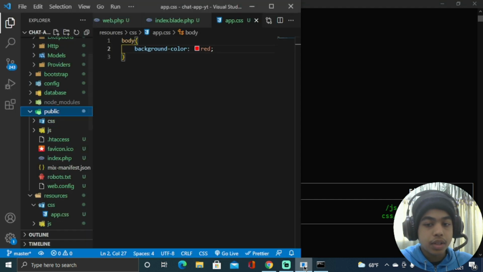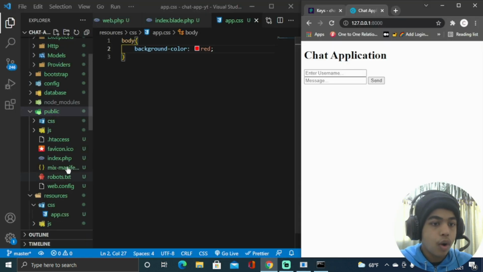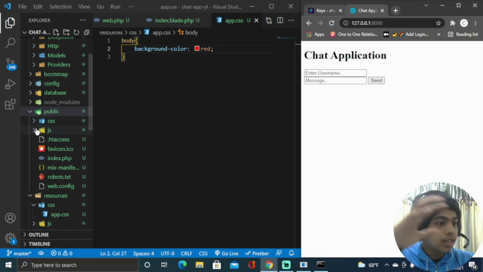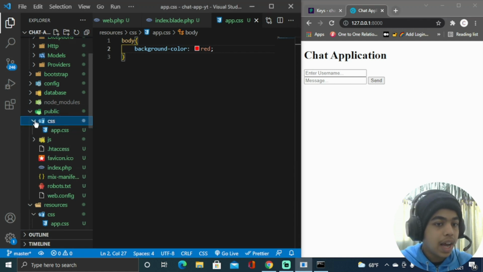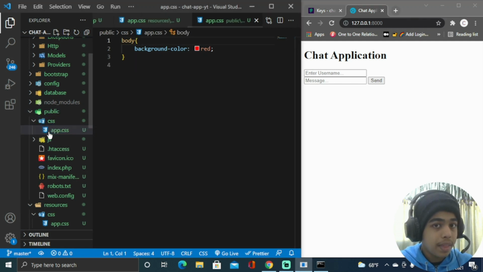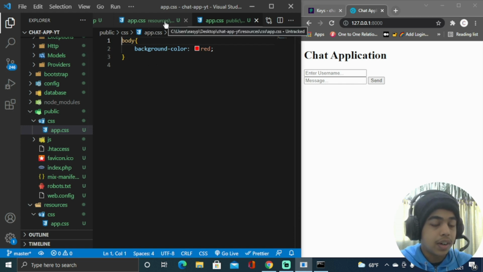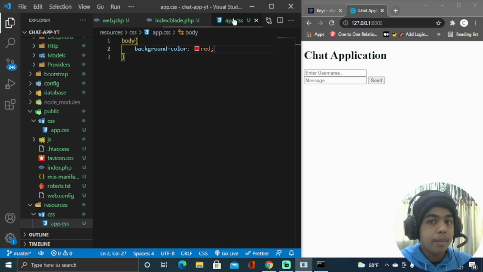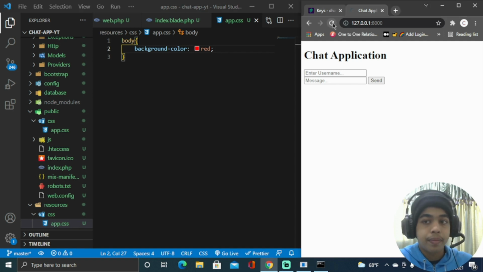Now if I come to my VS Code editor and open my public folder, we can see the CSS and the JavaScript files are created successfully, and inside them we have our app.css file. If I open that, we can see the same code that I've written inside my resources folder is compiled in my app.css inside my public folder. Alright, now when I reload my page, the background color should change to red, and